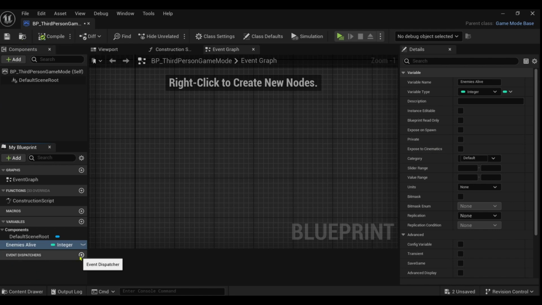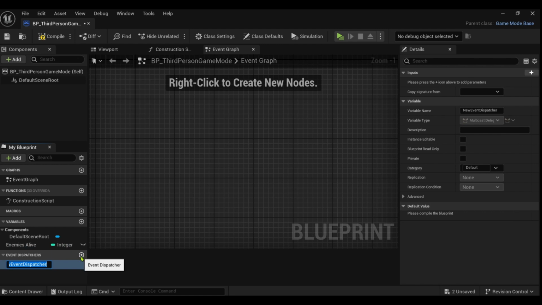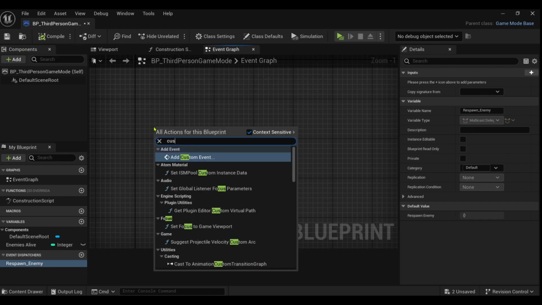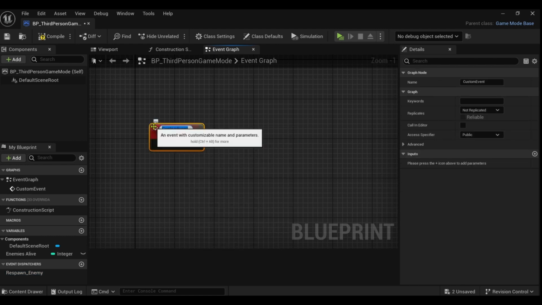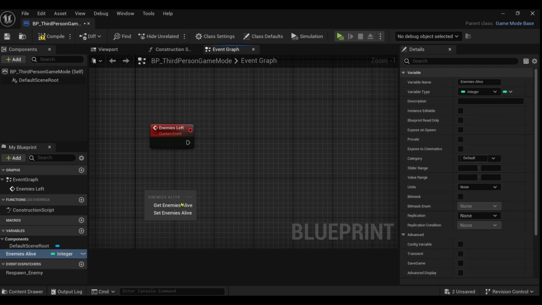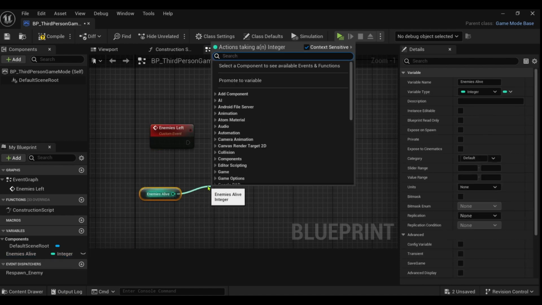We want to create what's also called an event dispatcher, because when there's no enemies alive, we want to call a respawn enemy function, or respawn enemy event. So we'll call this respawn underscore enemy, like so. And then we'll create a custom event. Custom event, we'll call it enemies left. So basically get our enemies, and if they're equal